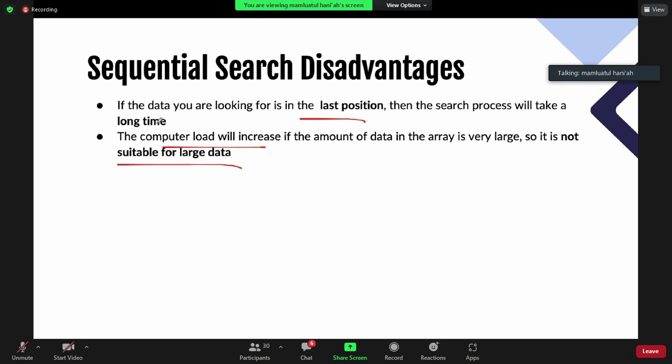So it's not suitable for large data, and it will take a long time if you have large data.